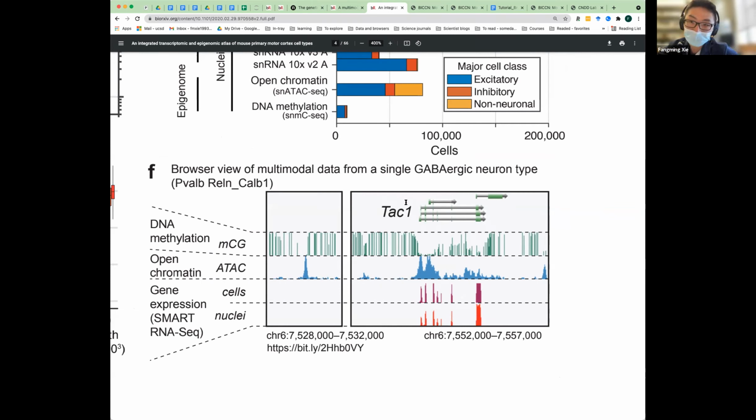So the top track is what we call a gene annotation track, or gene model track, which shows you on the linear genome where the locations of every gene are, and we happen to show you the location around one gene, this TAC1, and this arrow shows you the transcription direction of that gene, and the 5' end, 3' end, etc. And exons are highlighted in green, whereas other parts of the gene, introns and other parts of the gene body, are not highlighted.